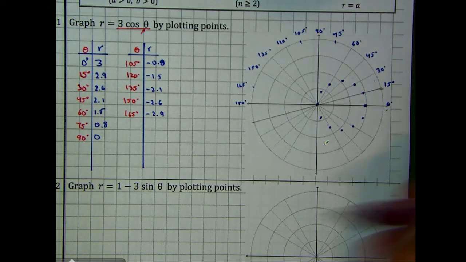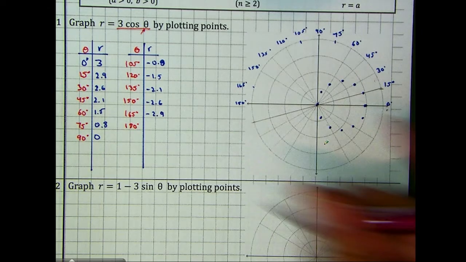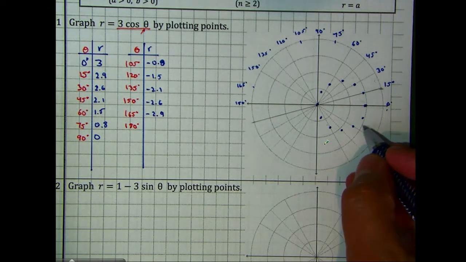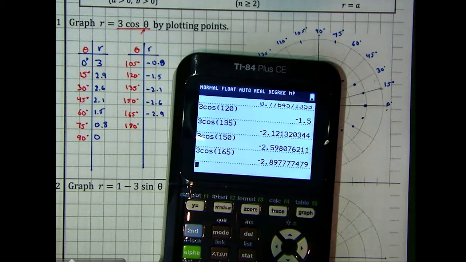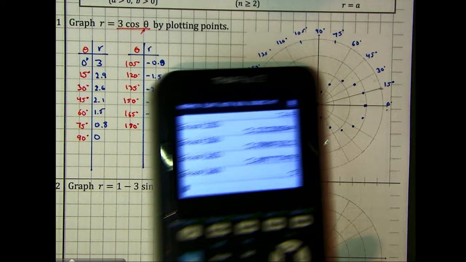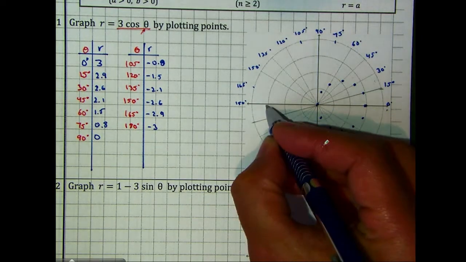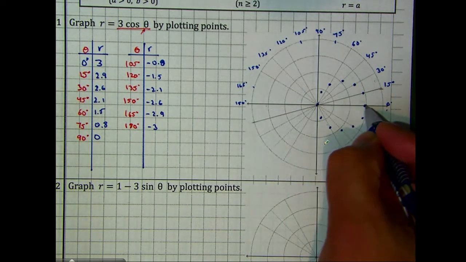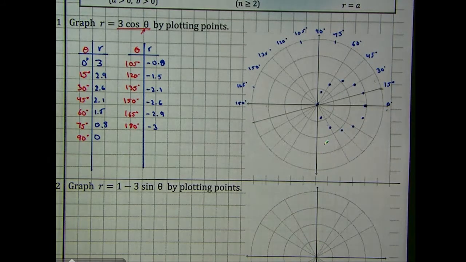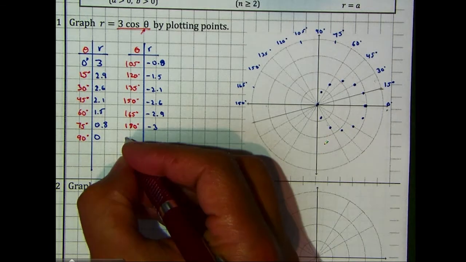Then 180. Then 180 will be 3 cosine of 180. The cosine of 180 is negative 1 times 3 will be negative 3. 1, 2, 3. So therefore it's the same spot. And we're going to continue to